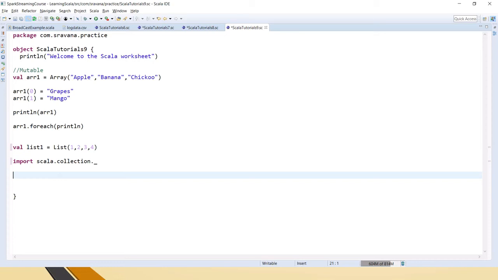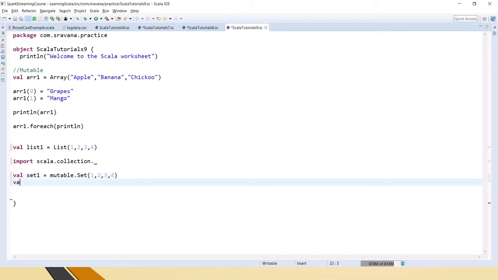One second. Yeah, okay, so now let's create a set. We'll say that it's a mutable set. Here I just wanted to show you the difference. And another one, let's say we have two sets like this.